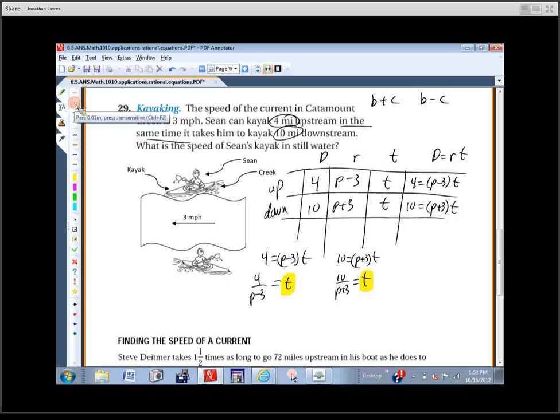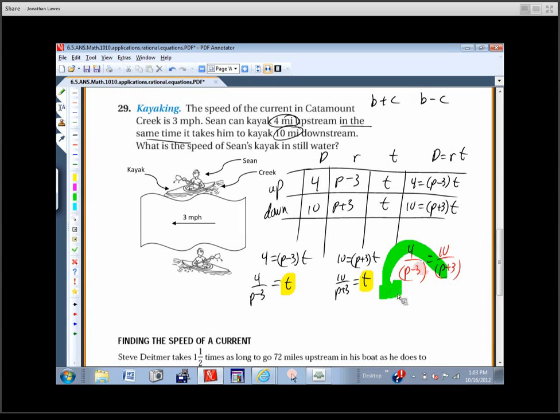Two techniques for solving systems of equations: substitution or elimination. What is this set up for? This is set up for substitution. So I'm going to take 4 over P minus 3 and set it equal to 10 over P plus 3. Okay, this happens to be a special type of rational equation. It's called a proportion, and we can solve this by doing cross products. I can multiply these two together like this